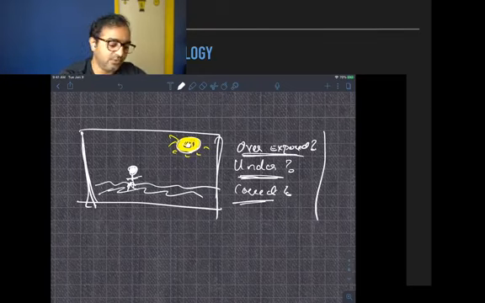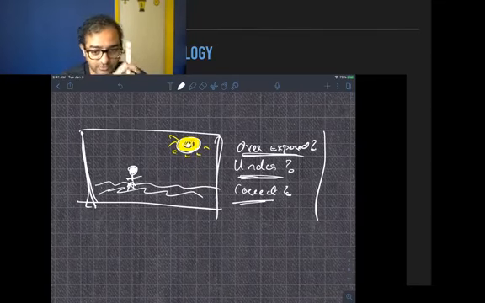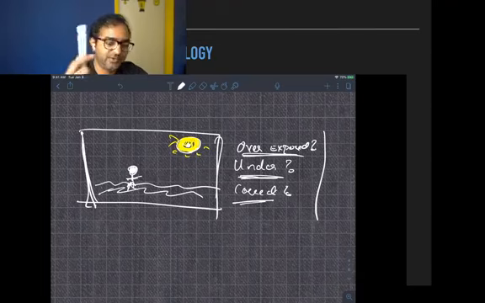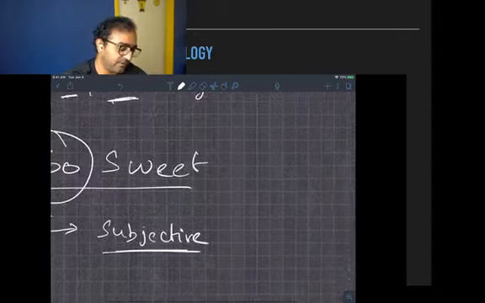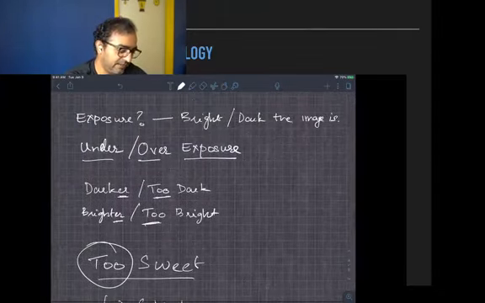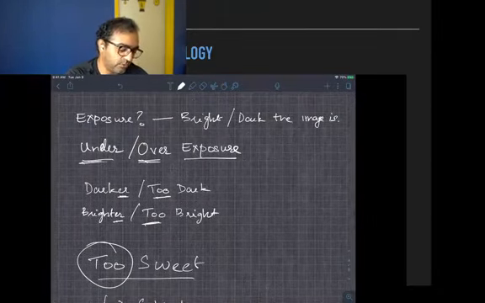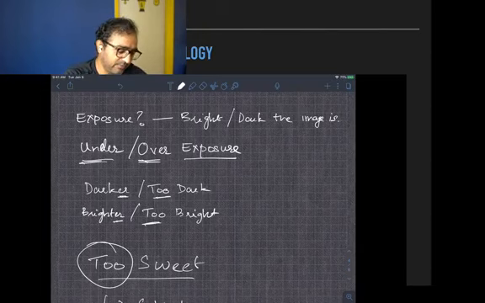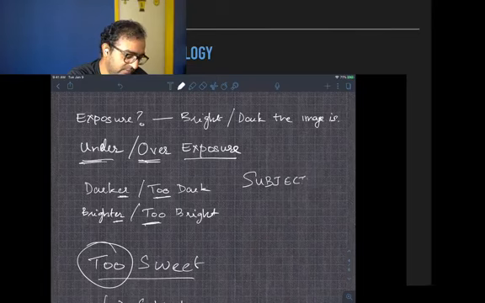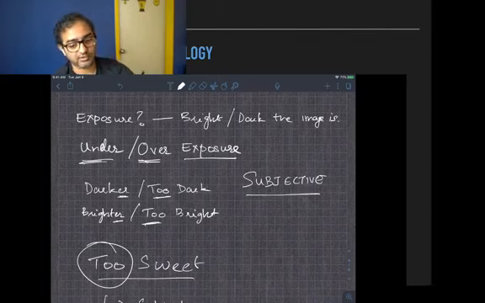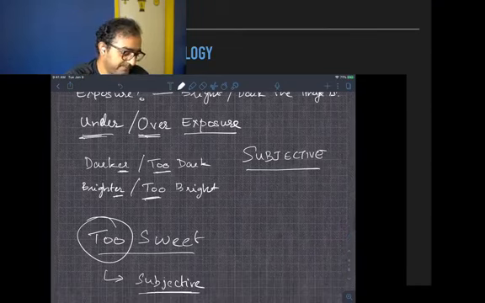Now, what is the only thing which is determining which one of these three things is correct? You are. So you're the viewer, right? So you decided whether something was overexposed, underexposed, or correctly exposed. So this is important. When we come back to the ideas of underexposure and overexposure, we have to remember that these are subjective. They vary based on the viewer. They're not objective terms.